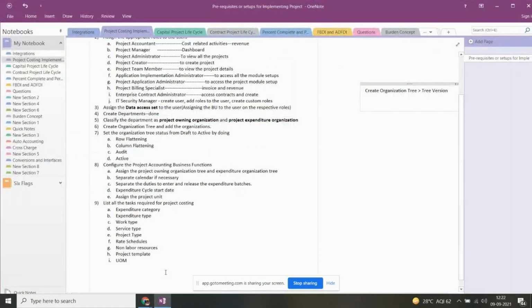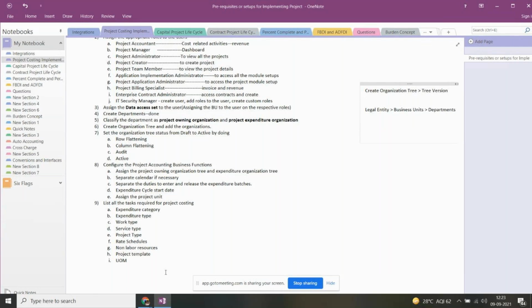That is very important, right? So my parent node can sometimes be a legal entity, and then under the legal entity I will maintain business units. Under each business unit I will add departments, right? This will be the case sometimes.